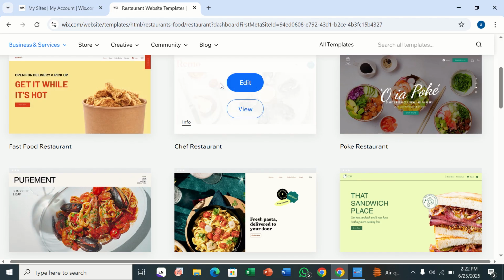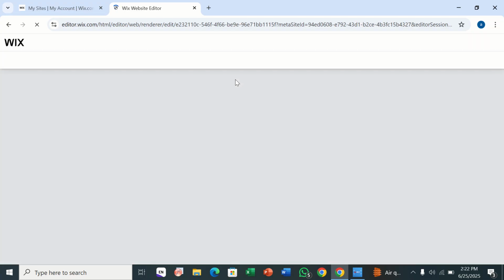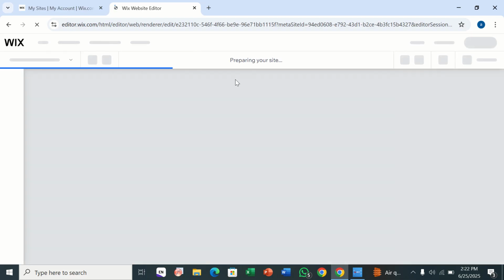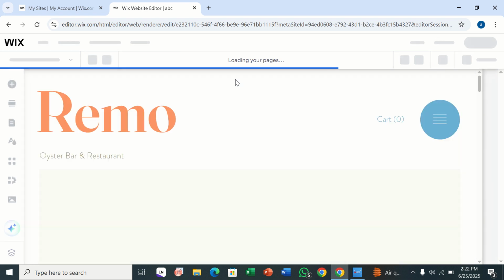So let's just say I choose one of these. You see there are so many options. You could choose any one of these. Now, after I have created a website, you see it is going to take about 3 to 5 minutes, or maybe less than a minute, to load your website and prepare your site. Once you're happy with your team section, you can easily click on publish. But right now, since I am choosing a design and layout, we can use the drag and drop editor to